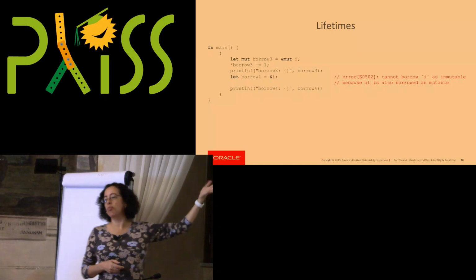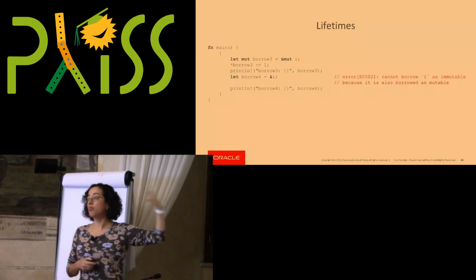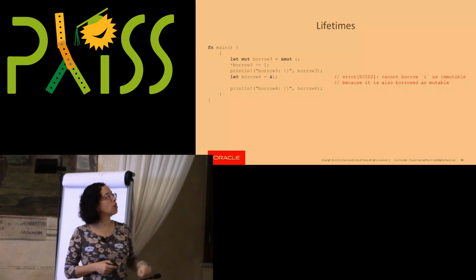Now, what happens if we modify the code a little bit and we remove some of these scopes that we had in the code? Now, let's say we had our borrow 3.